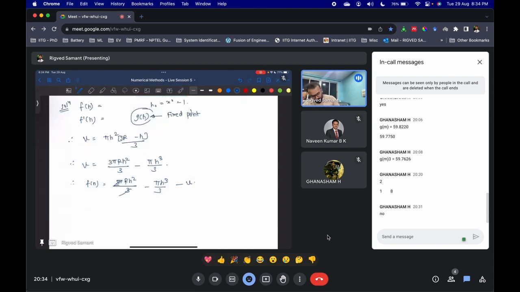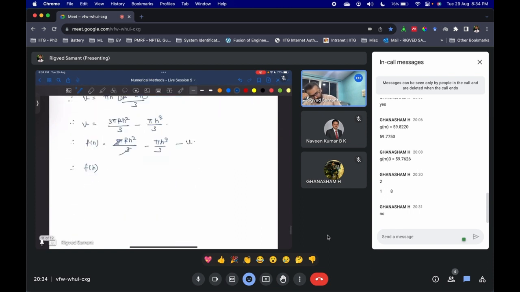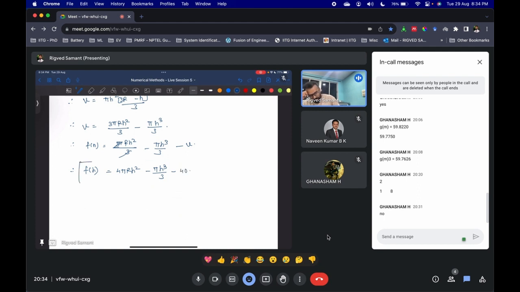So I will put the values. R is 4 and v is equal to 40. So r is 4, right? So 4 pi h square minus pi h cube divided by 3 minus 40. So this is your function of h. f dash h is equal to